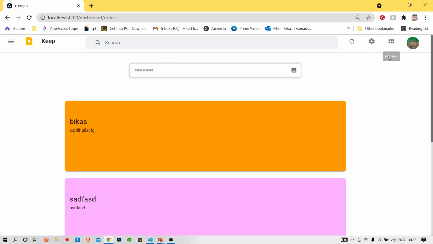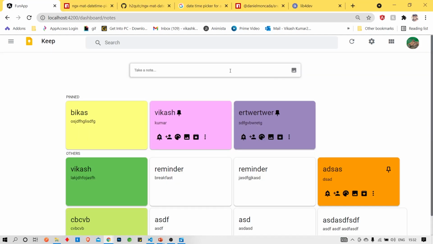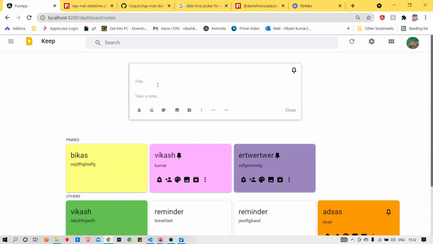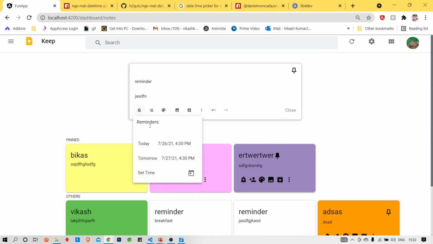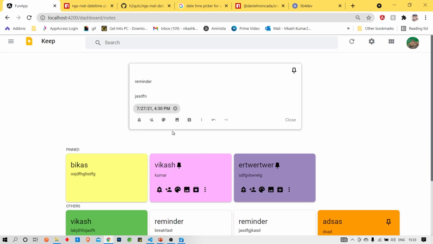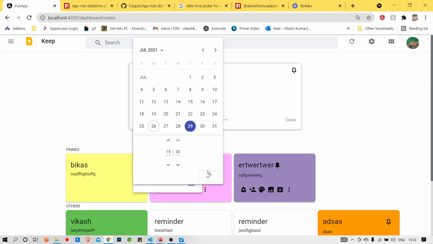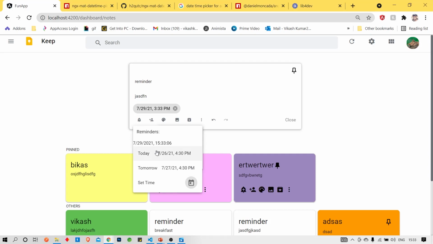Here this is the list view. Once again I will create one node which has the reminder. Suppose I give the reminder name, and this way we have many options. If we want to set directly today or tomorrow, then we can set it this way, or else we can get the update from the calendar also. So here you can see the time.